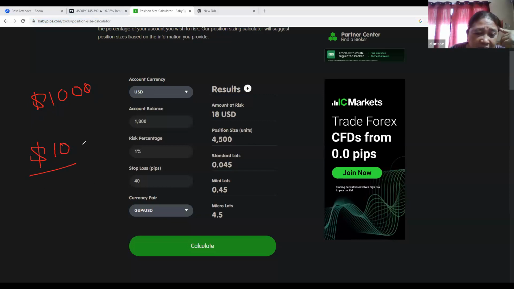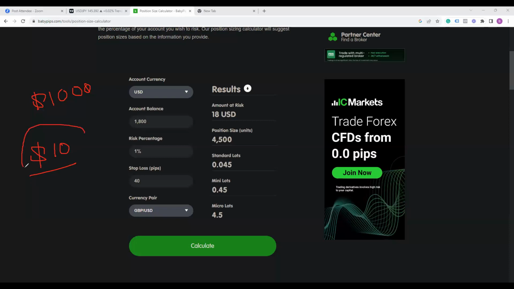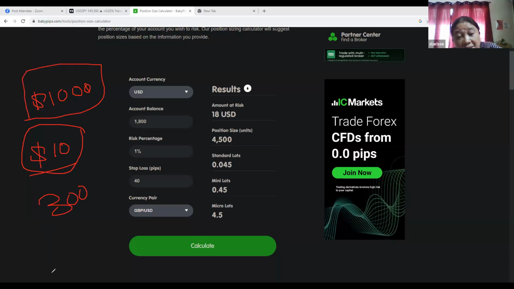Now you can start trading your account with only $10, but $10 is really too small, right? Even if you make money it is also very small. So as far as Fusion is concerned, their minimum is $10 to open a live account. But if you want to get their sponsorship of $300, you need to put a deposit of $1,000 into your account. That's what I'm planning to do. Yeah, you have to do that.